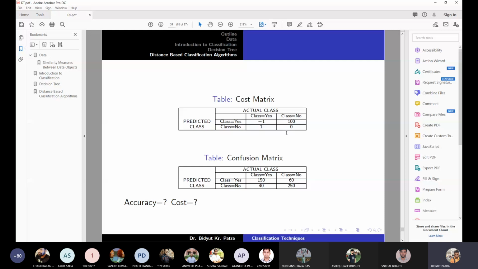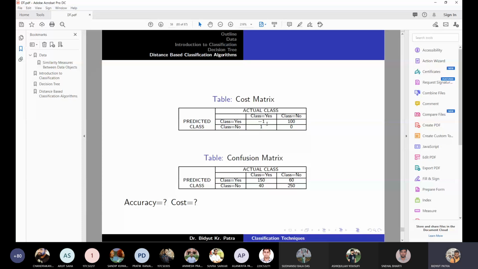So let's say we have the cost matrix. If there is any mistake where something is falsely predicted as a positive class, so let's say the patient is not a corona patient, but I consider him as a corona patient and start treating him. Or if the corona patient is actually not a corona patient, I treat him as one. Both cases are a problem, as I said earlier.